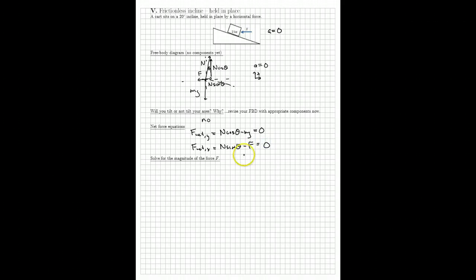I want to solve for the magnitude of F. I'm going to need to know N to do that, so I'm going to solve for N. N is mg over cosine theta. And I substitute that in. Move F to the other side, and I'm going to get mg tan theta to be F. So that's 20 newtons is the weight, m times g, and the tangent of 20 degrees, what we get is